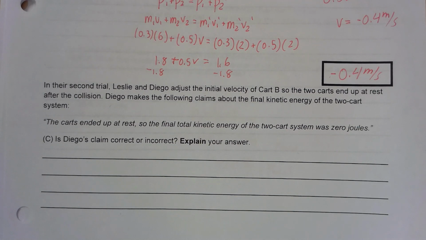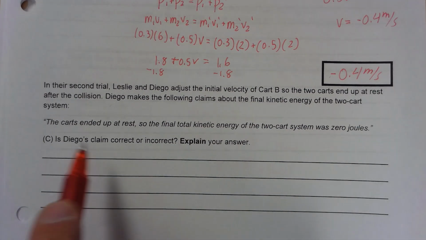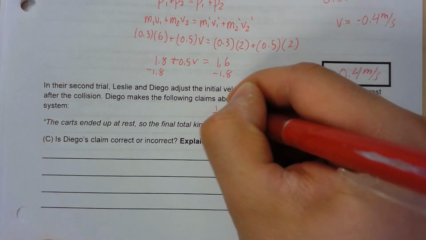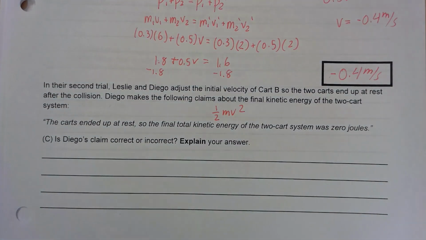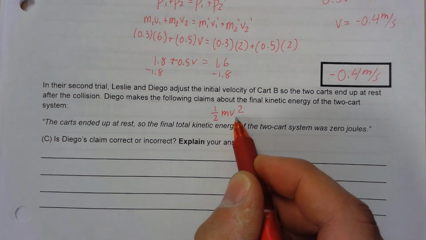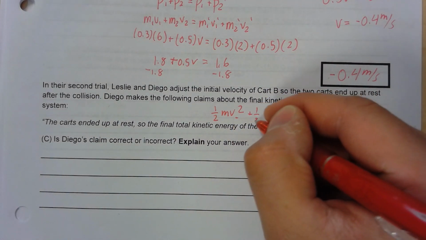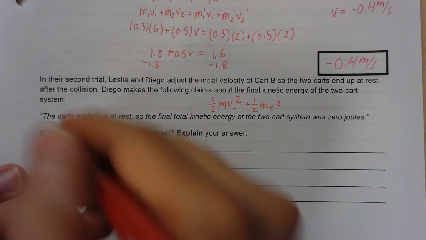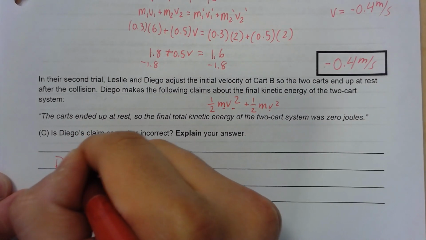The question is, is he correct? Well, if they end up at rest, the final total kinetic energy we know is 1/2 mv squared. If both of them have a velocity of 0, then even if I were to add 2 of these, if both velocities are 0, the total is going to be 0. So we would say Diego is correct